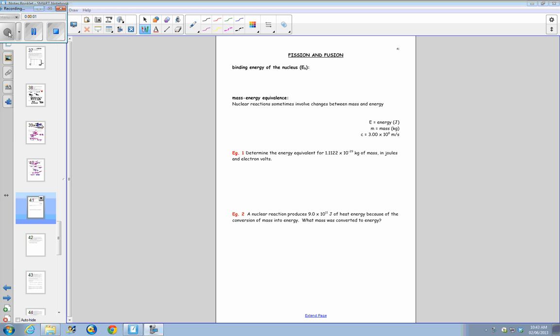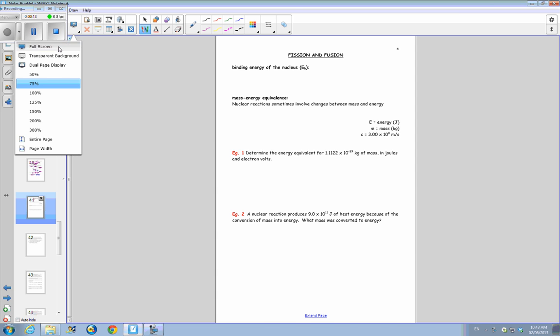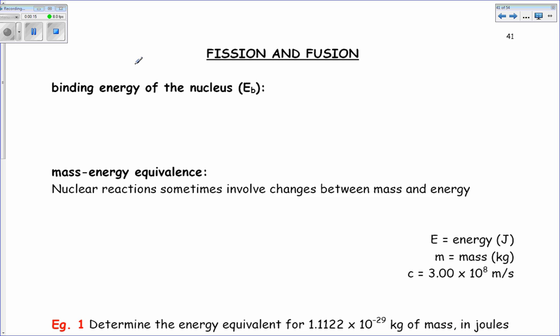Okay, I need you guys to turn to page 41 in your notes booklet. We're looking at the notes on fission and fusion. We already talked briefly about, or I introduced briefly, the notion of binding energy of the nucleus. The binding energy is the energy that is required to hold all the protons and neutrons together in the nucleus. And the binding energy, which is given the variable E with the little subscript b,